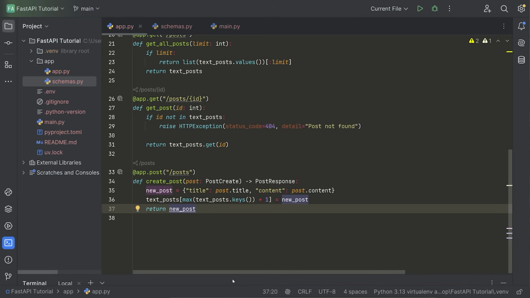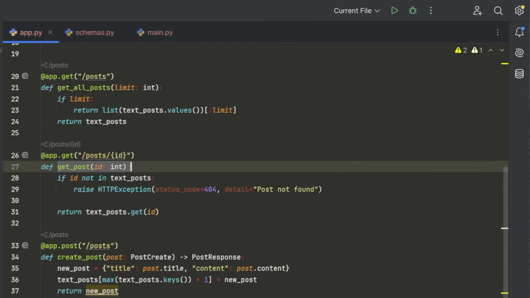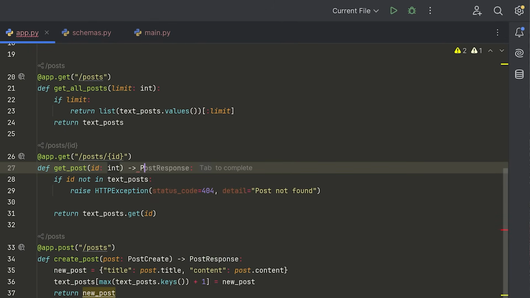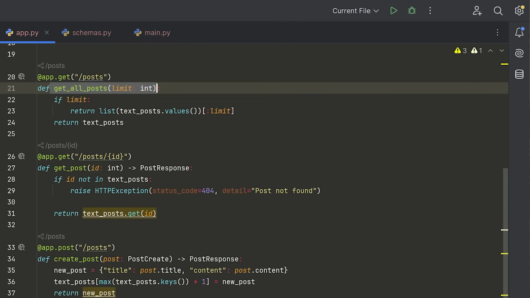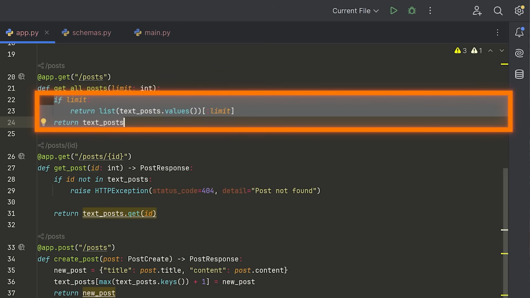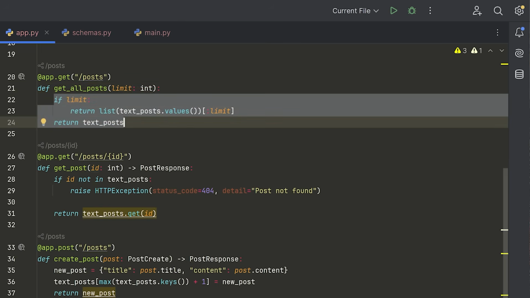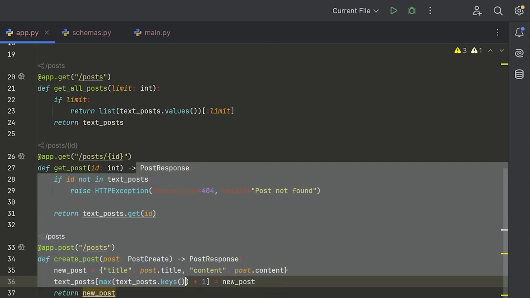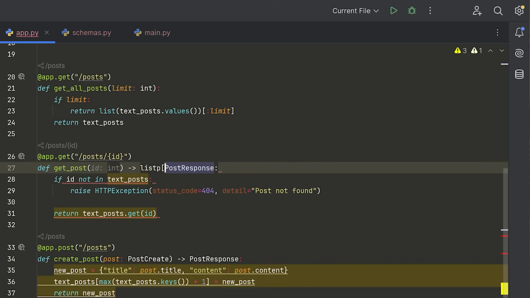Okay, so if we want to type the rest of our data, we can do that as well. So for example, when we're getting a post, we should also say that this will be the post response. And then for getting all of the posts, we're not going to type this one right now because the response types are actually a little bit different, even though it's not intended. Anyways, you get the idea. You can do this, okay, which is another useful thing to do inside of FastAPI. And if you wanted to have a list of posts, you do something like list, okay, and then